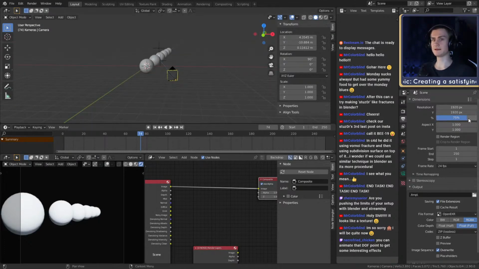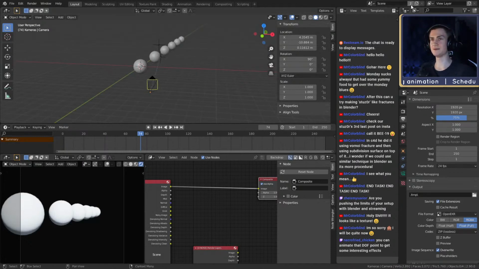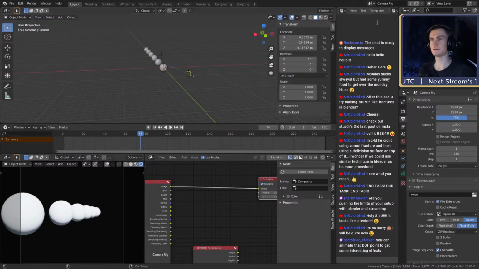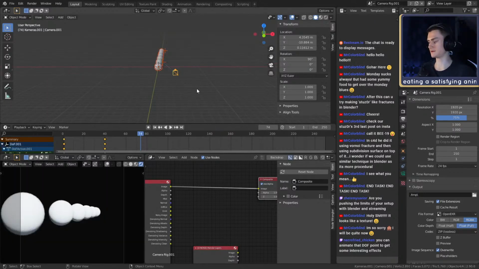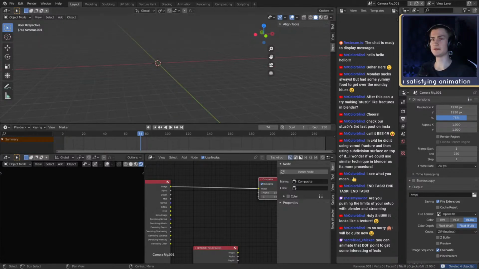So yeah, upscaling is one trick that I want to talk about. Then the effect of focal length. Let me make a new scene. This is another trick, the last trick I want to talk about: you can have multiple scenes. You can call that camera rig. There we go. Now this is your first scene. You can then say new scene. Copy settings, you can say full copy. I usually do, so it copies everything. You can just remove all of it. And now you have a second scene.